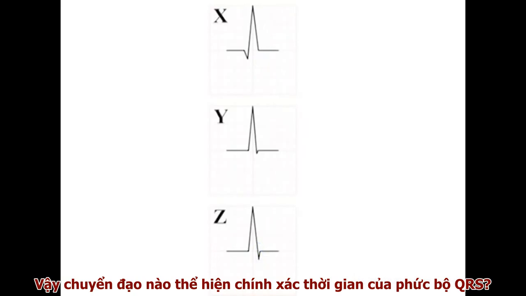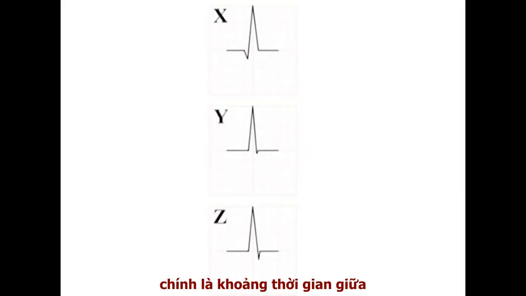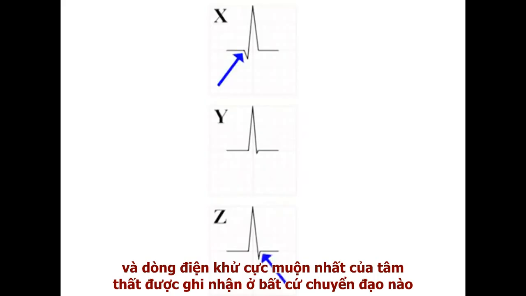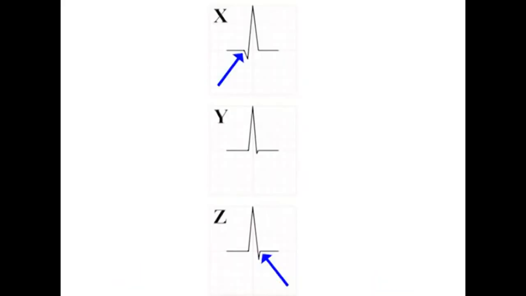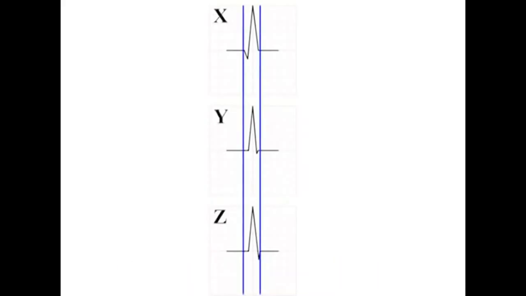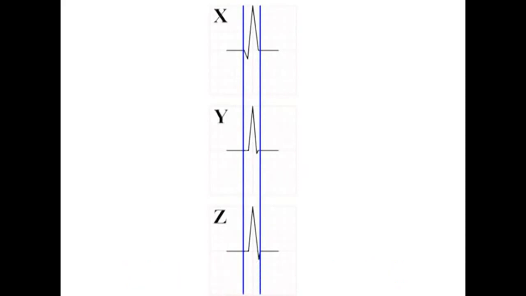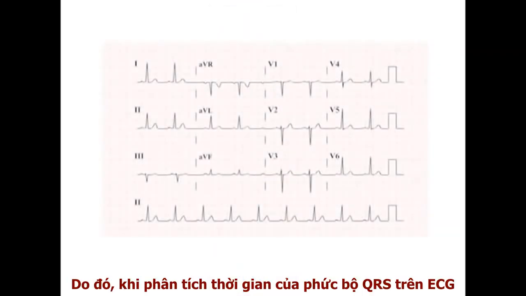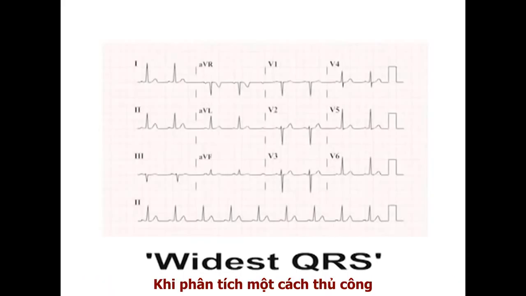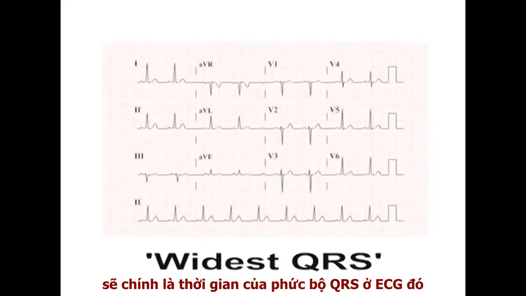So which readout represents the true QRS duration? In fact, the true QRS duration is represented by the difference in time between the earliest ventricular depolarizing current detected in any lead and the latest ventricular depolarizing current detected in any lead. So in this simplified example, the true QRS duration is enclosed between the blue lines. Extending this type of analysis to 12 leads is obviously not possible with the human eye. As a compromise, when analysing the QRS duration on an ECG, we choose the lead with the widest QRS duration. When analysed manually, the width of the QRS complexes in the lead with the widest complexes defines the QRS duration